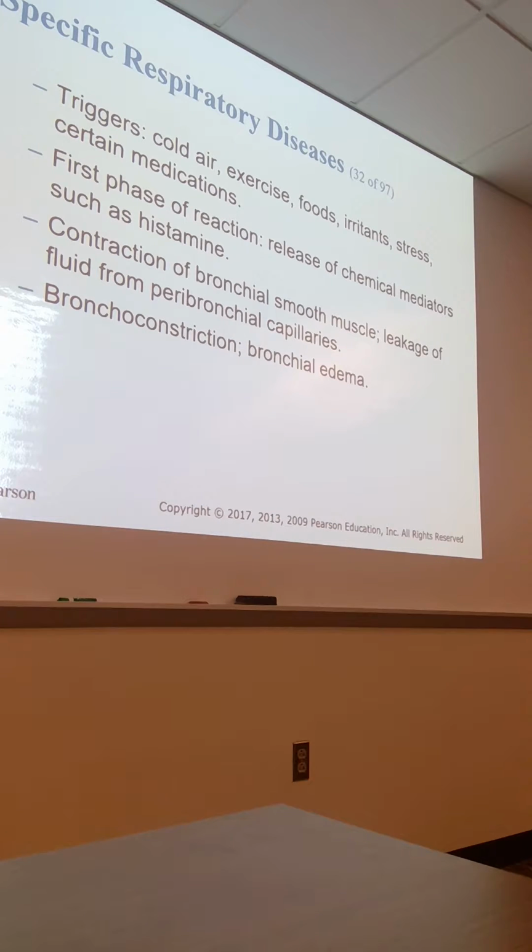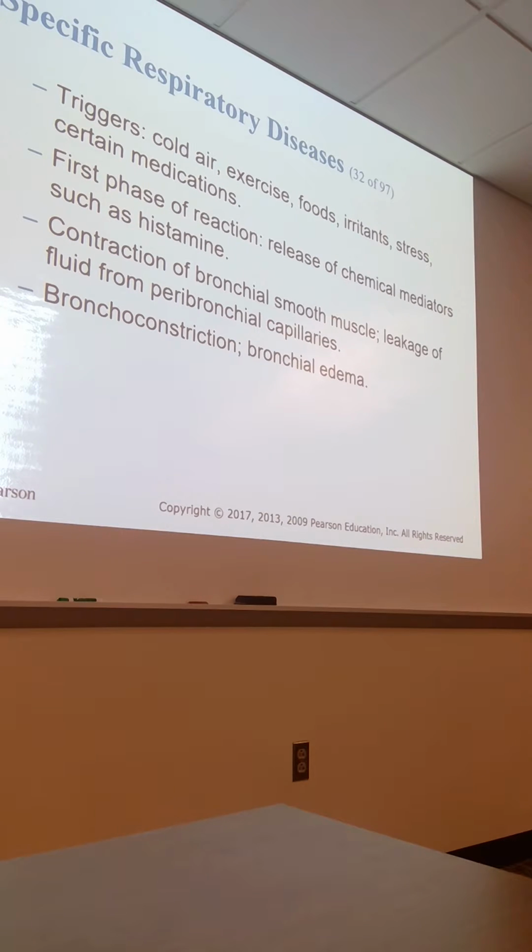Triggers can be cold, exercise. There's a well-known entity called exercise-induced asthma where athletes get it. A lot of times they can pre-treat with Proventil and then run track without having an episode. Stress, medications. First phase is the reaction where the IgE has a problem where one end of it attaches to